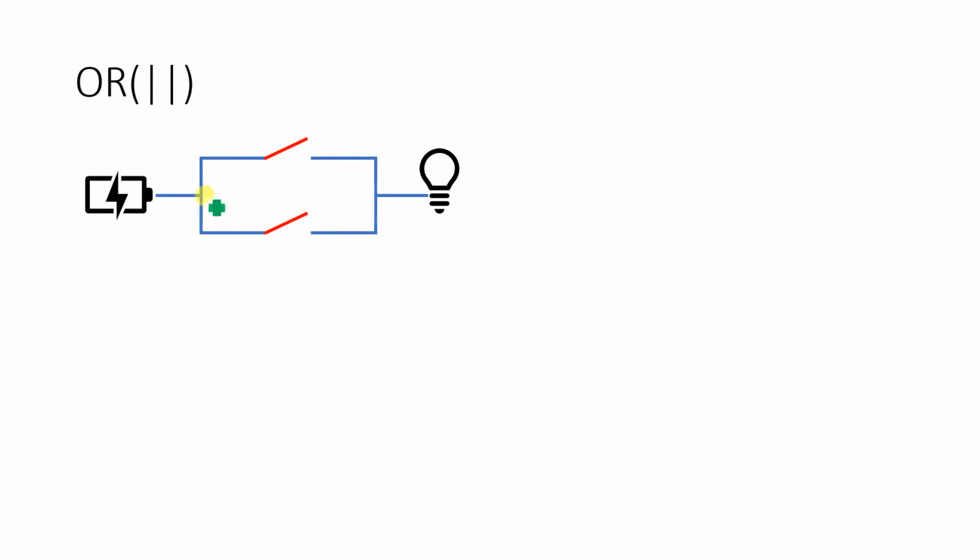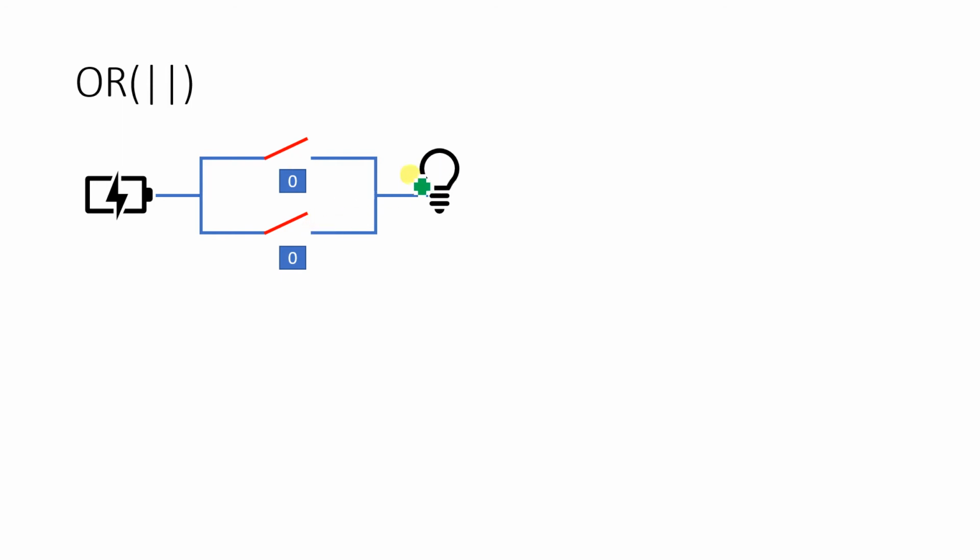Now let us go for the OR operation. In the OR operation, we are also taking the same analogy. We have a battery and a bulb, connected in this format. If the current flows this way, the bulb will glow. If the current flows this way, the bulb will glow. And if the current flows both ways, the bulb will also glow. The initial situation, where it is not connected, is represented with 0 and 0, because both switches are not connected.